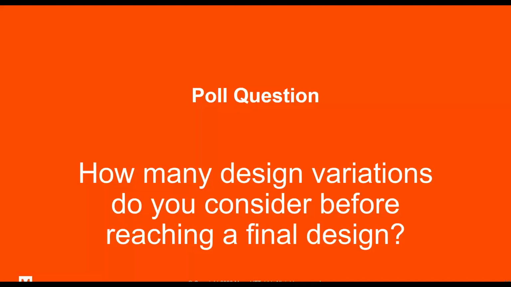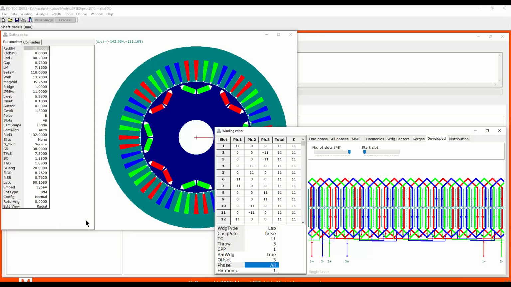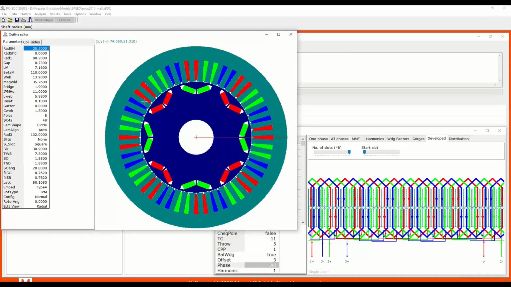All this is being said because I want to show you how we can leverage the tools that we already have within the Siemens portfolio to optimize the variation and to optimize the optimization and to address what we call the intelligent design exploration. So with that, let me jump into the tool quickly. As you can see my screen, this is the machine that we're working on. This is the baseline machine. This is the design that we're going to optimize to minimize the magnet volume while maintaining the performance.